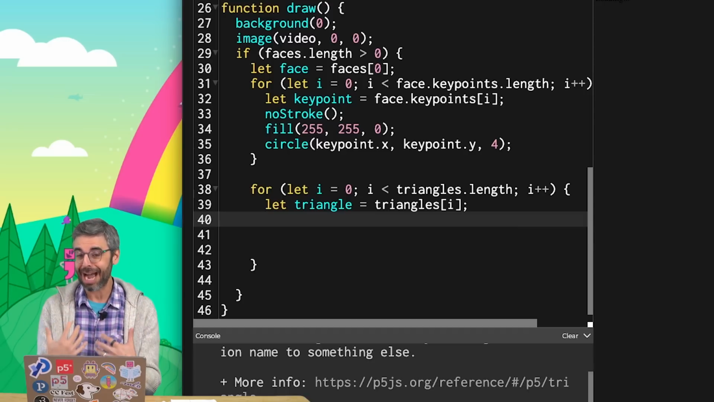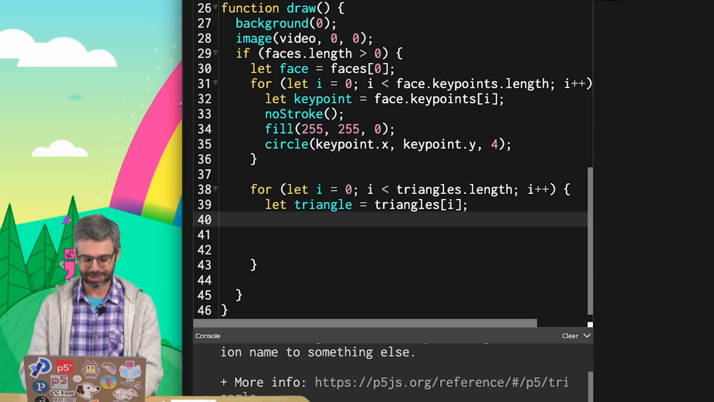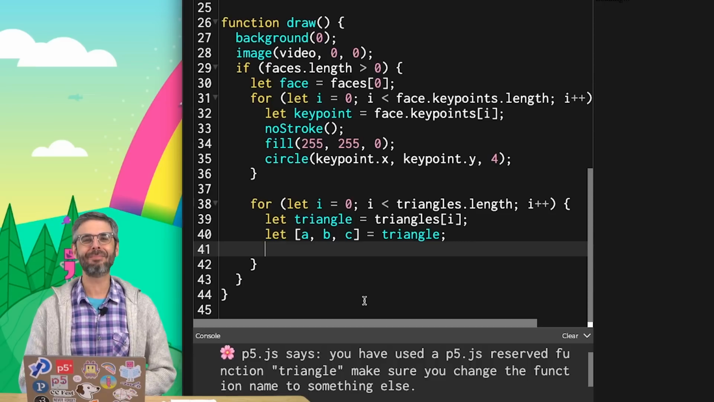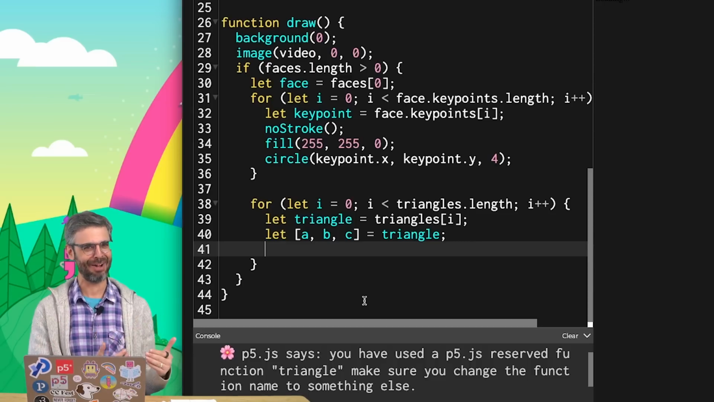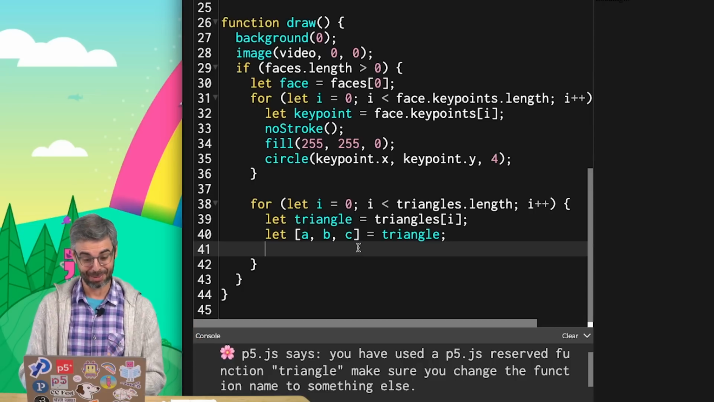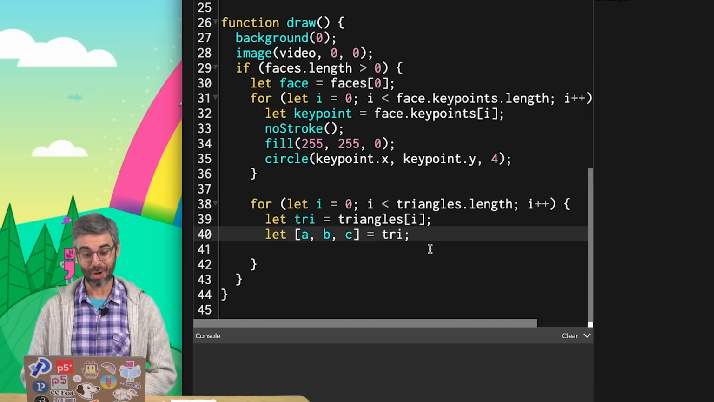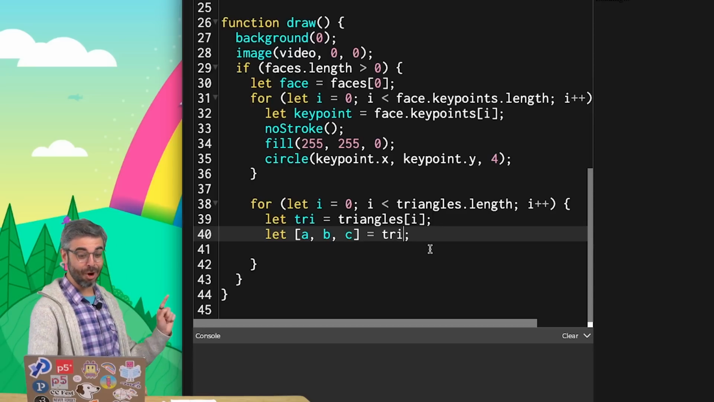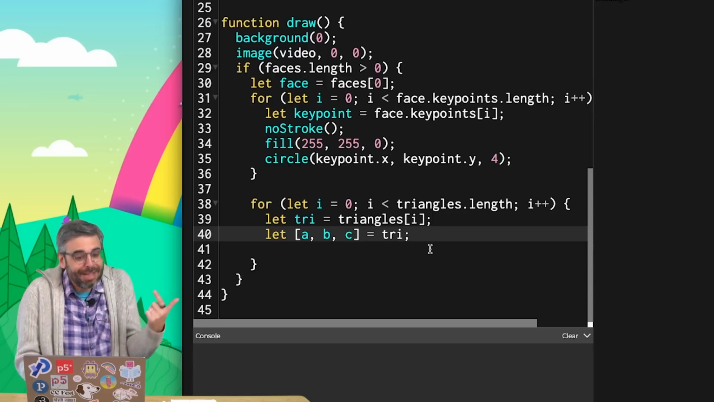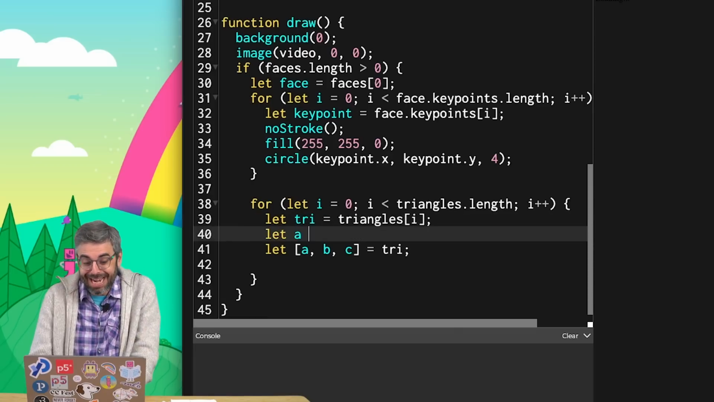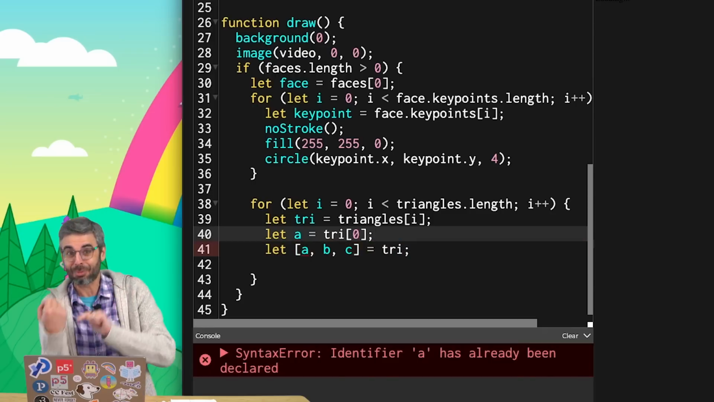Let me pull those out into 3 variables. Oh, I've done something terrible. There's a function in P5 to draw a triangle called triangle, so I really shouldn't use that variable name. Let's just call it try. And I've done something rather unusual here. Normally, I might just write something like let A equal try index 0, let B equal try index 1, C